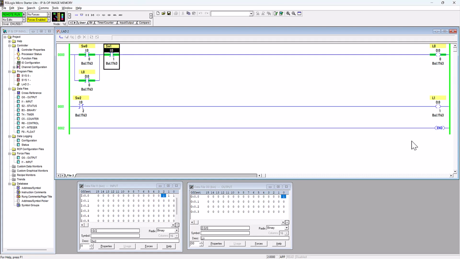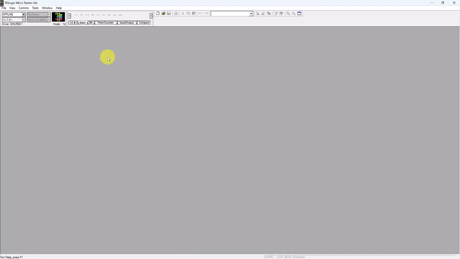Hello, today I am going to discuss how to create PLC addressing for each instruction easily and, at the same time, to build a simple PLC logic diagram program. Okay, before we proceed further, make sure that you open the three software, which is RSLogix Micro Starter Lite